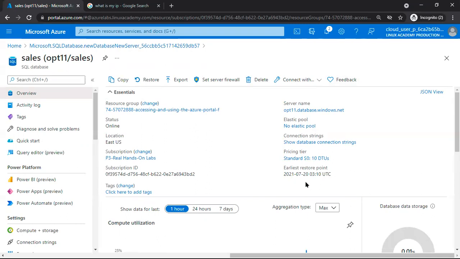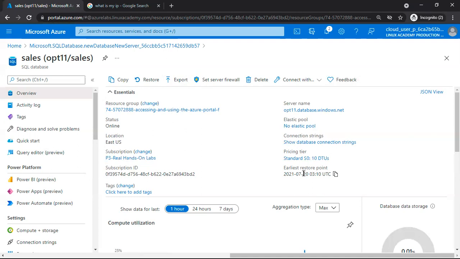If I click restore, we can select the restore point from which we want to restore. If you want to take manual backups, there is the export option. We can export this database into a bacpac file, and that is called a manual backup.